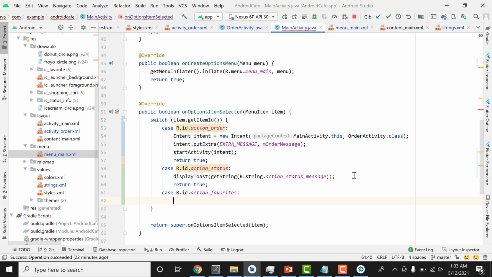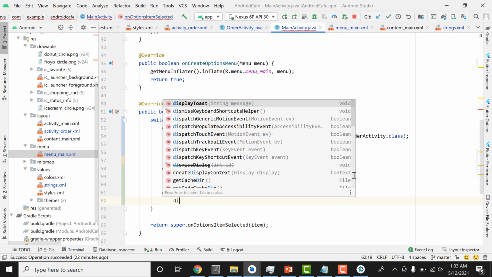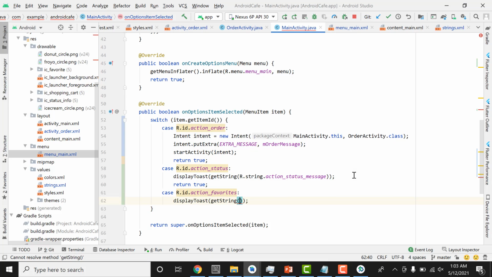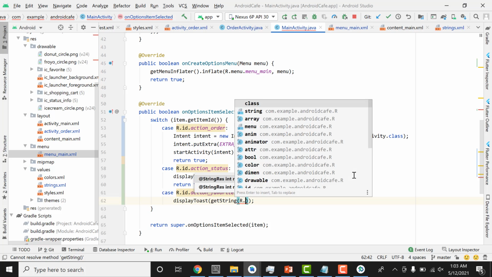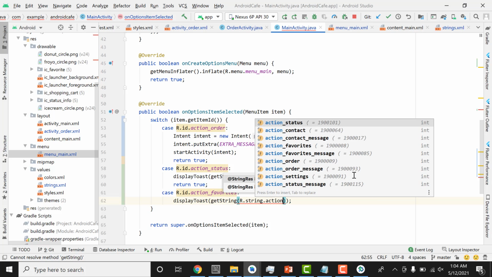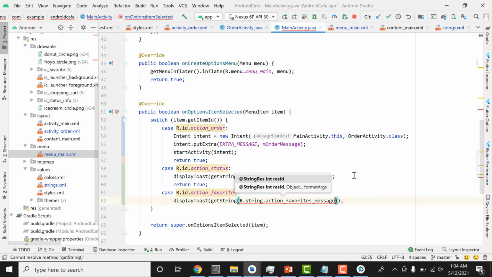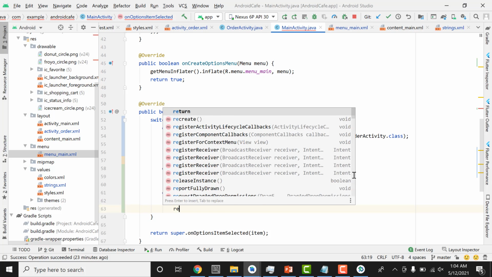So if that option is selected, then we are once again going to call the displayToast method, get the string from R.string.action_favorite_message, then we are going to return true,